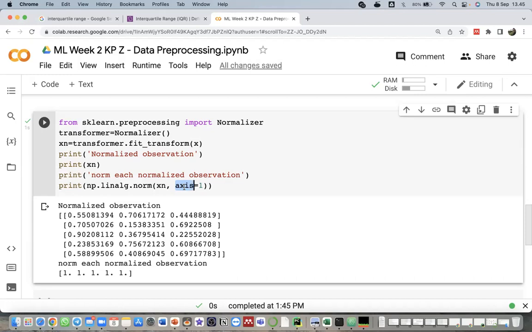I think you have learned in data science programming, for calculating maybe the sum of each row or each column, using the axis. Axis can be 0 and 1, because in 2D we have rows and columns. So my question is why we should use axis equal 1 in the norm function?